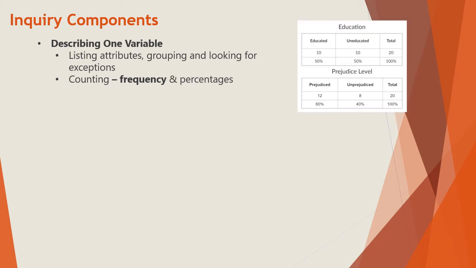In the example, it uses the education level and then some measure of prejudice. Okay, and so here you're just asking people a survey question. I think it was about years of education, and then they created some kind of parameter, like if you've had less than 5, maybe you're uneducated. If you've had more than 5, you're educated, or some parameter that you set up in your research process. Then you just ask people, you count them, and you do a percentage like you see here.